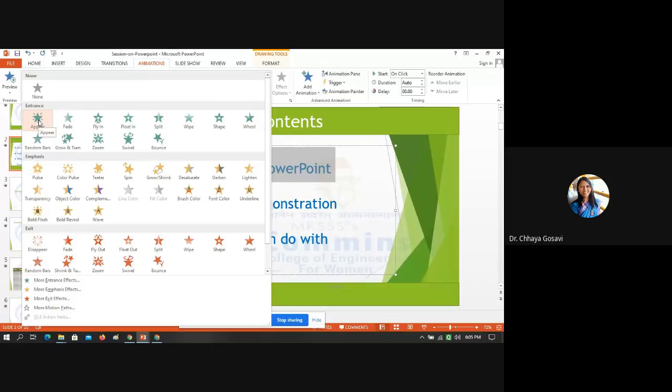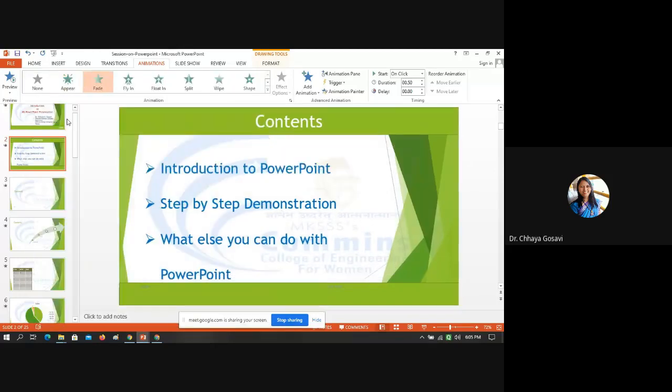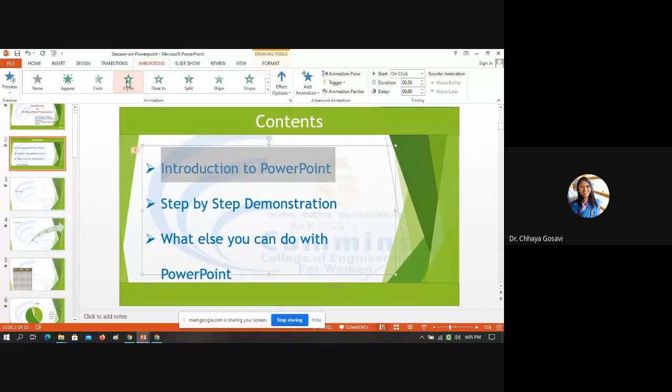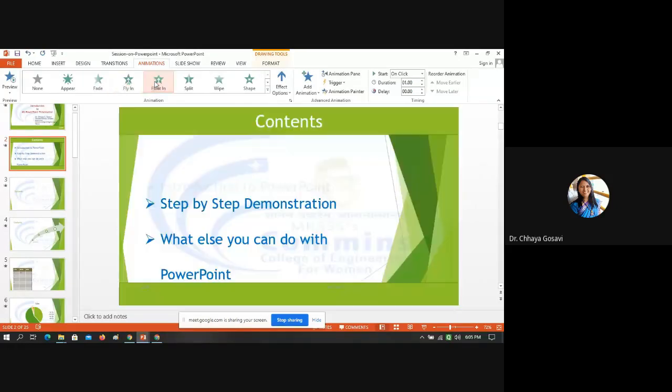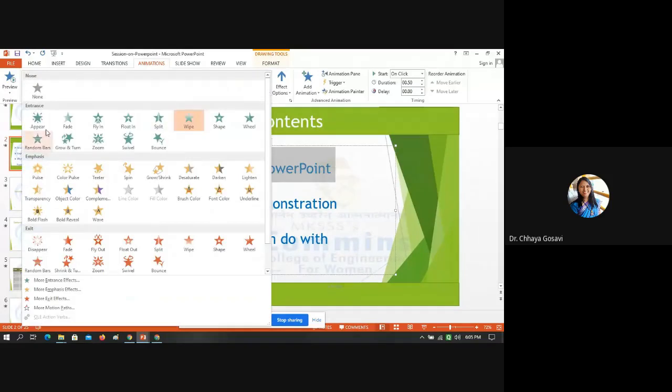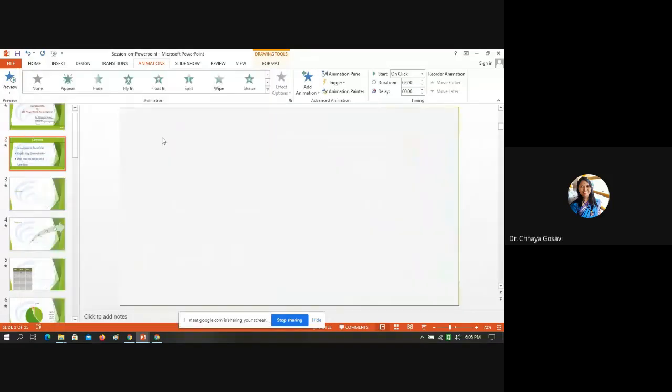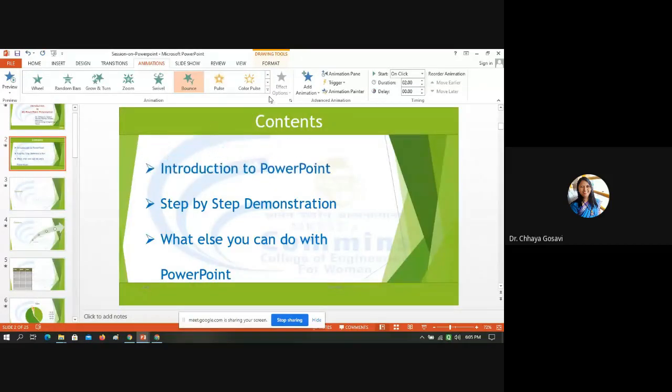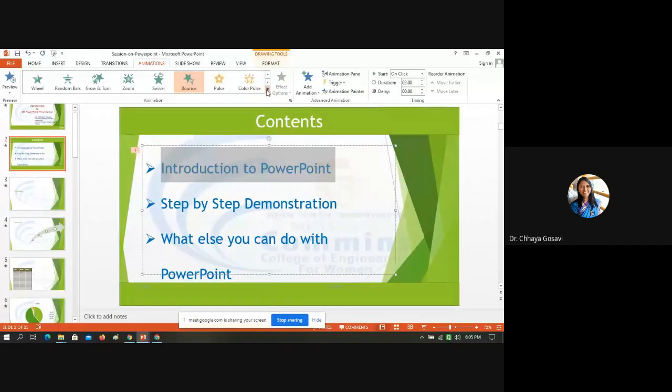So appear just appears as it is, or fade and then appear. You just concentrate on this, okay? Fly in, by default it flies in from the bottom, or float in like this, or split, or wipe. There are many options available, or bounce like this. So you can choose as per your choice.